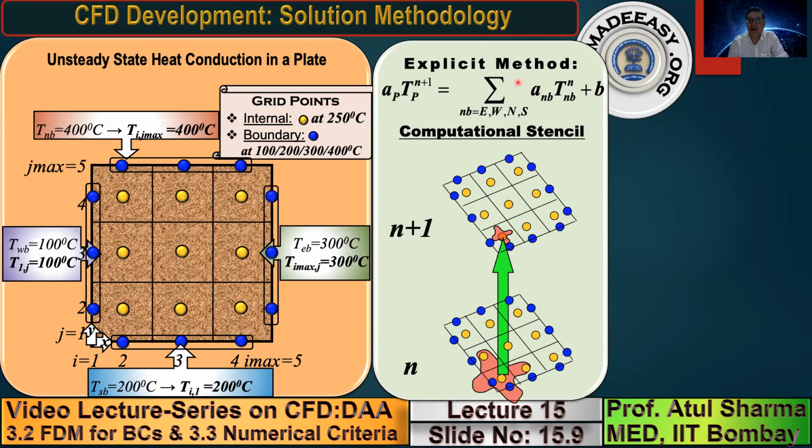Note that this is one formula, but when we program it, wherever you have P, you will write i,j. Wherever you have capital E, you will write i+1,j. Wherever you have W, you will write i-1,j. North is i,j+1, south is i,j-1. This corresponds to the implementation detail that I presented in my textbook in detail. Note that when we program, all these letters corresponding to the subscripts and superscripts change into the corresponding loops, and then we implement this in the computer program.